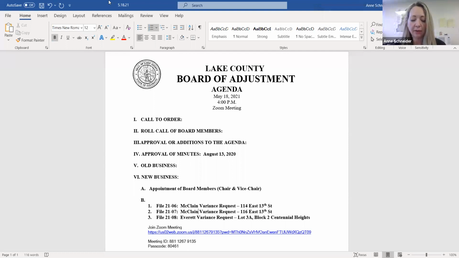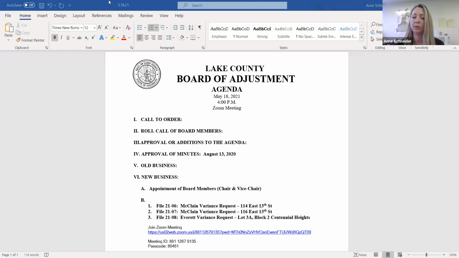I also wanted to just give a quick overview of the variance process since Larry has joined our board. I thought it'd be good to recap that the granting of any variance in essence does damage to the zoning code, and careful consideration needs to be placed on the evidence present within the individual application to determine if the criteria have been met and proper findings can be asserted. It's on the burden of the applicant to demonstrate there are special circumstances peculiar to the subject that prevent them from being able to meet the zoning district requirements, and should zoning be imposed, an undue hardship would result.